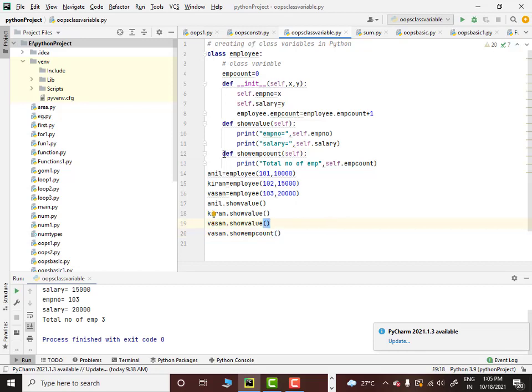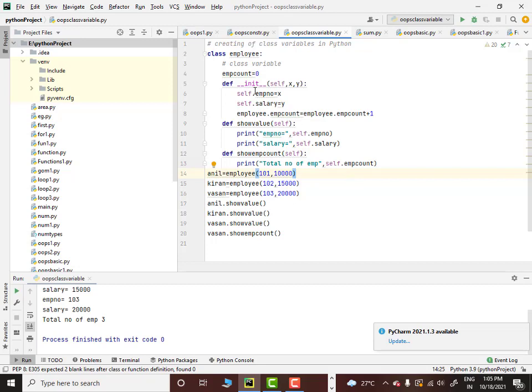That means this particular method has to be executed for you. We know that if you have to execute a method, you have to do it using an object. So using one of the objects, I am calling that particular method. So self.emp count, which means that automatically it will display the value of employee count.